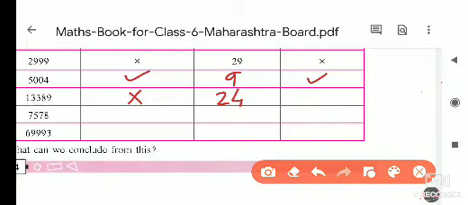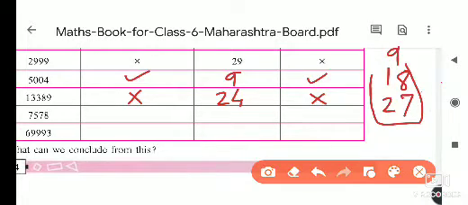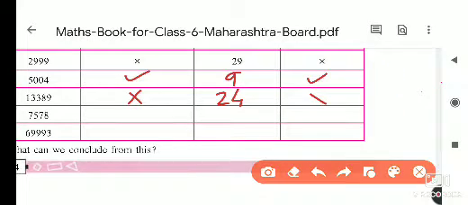And if you check the table of 9, 24 is not there in the table of 9. Okay, and it is not divisible by 9 because in 9's table, if you see, 9 1s are 9, 9 2s are 18, 9 3s are 27. Then you will notice that 24 is not present in the 9's table, or it is not a multiple of 9. So what we have to do right here, cross mark we have to give for it. Okay, now the next number